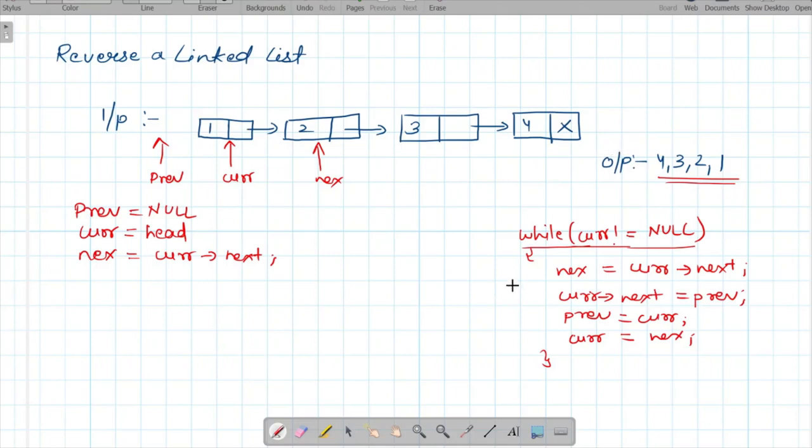So initially what we will do is we will set next equals to current's next.